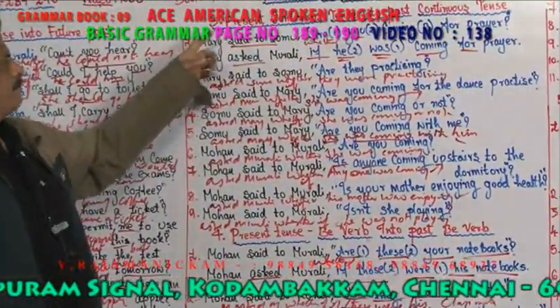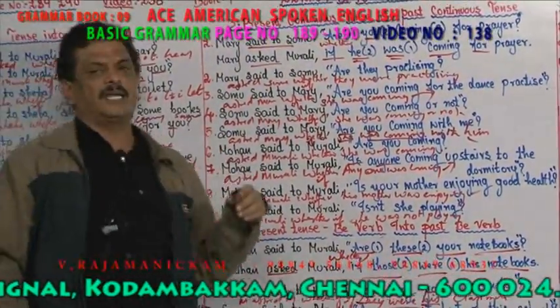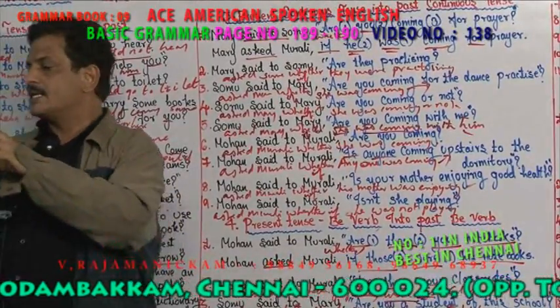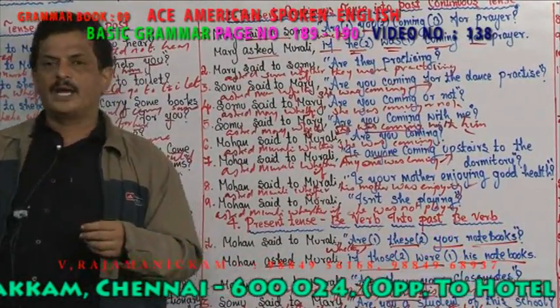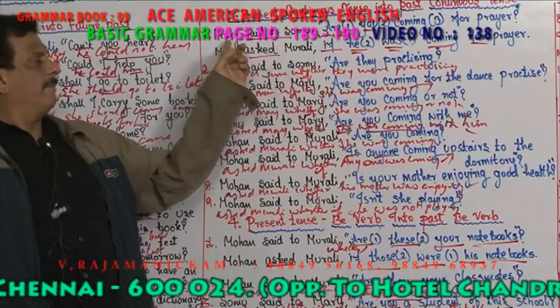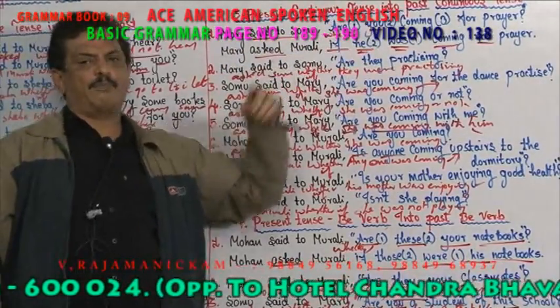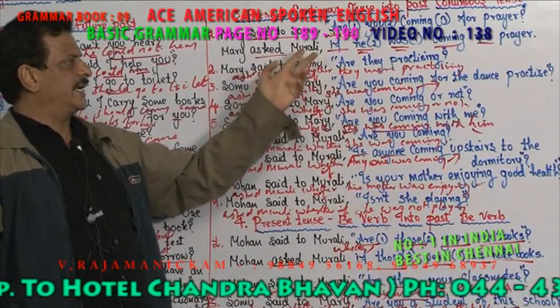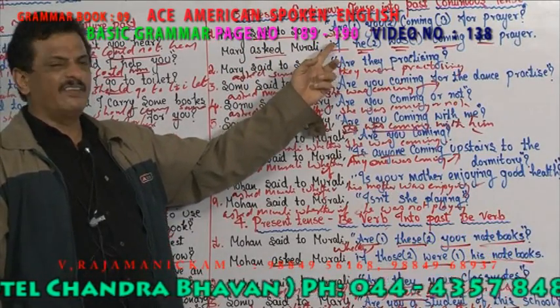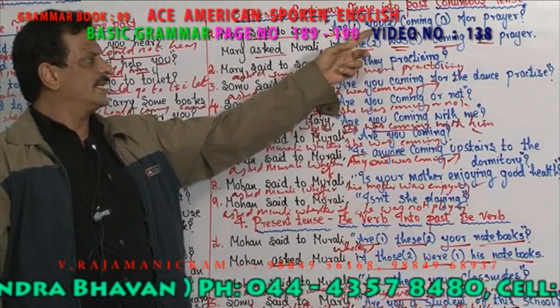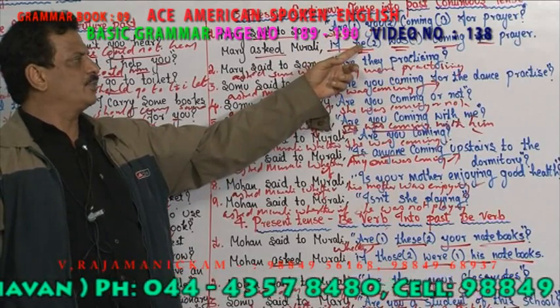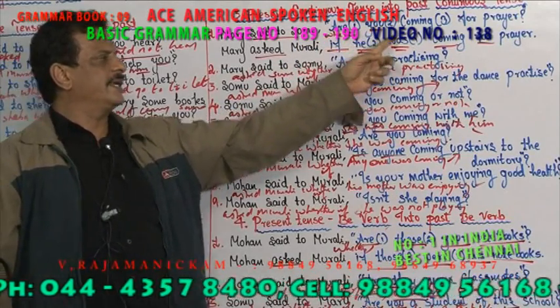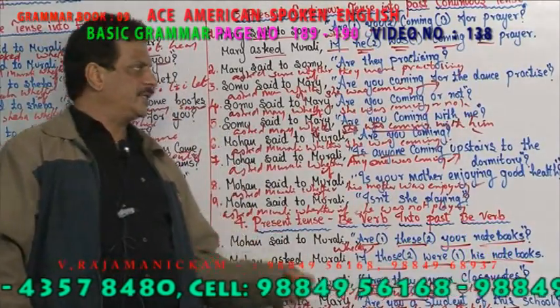அதை போன்று present continuous past continuous ஆக மாறிவிடுகிறது. Present continuous என்ன சார்? is coming, are coming, am coming, இதெல்லாம் present continuous. Mary said to Somu, are you coming for prayer? நீ பிரேயருக்கு வருகிறாயா? So Mary asked, said to என்பதை asked போட்டுறீங்க. ரெண்டு கனெக்ஷன் படிக்கிற பொழுது if அல்லது whether, you என்பது Somu, அதனால் he போட்டு விடுறீங்க. He are coming என்பது was coming for prayer என்று மாற்றிவிட வேண்டும்.